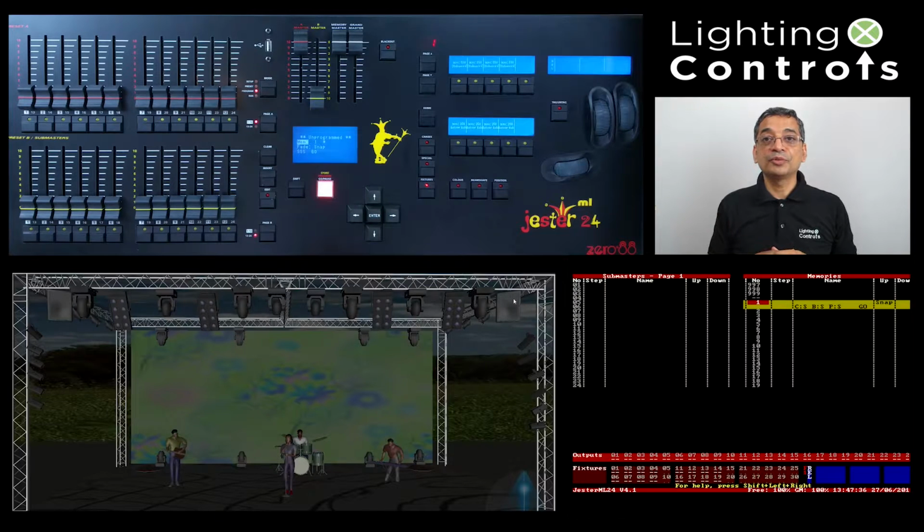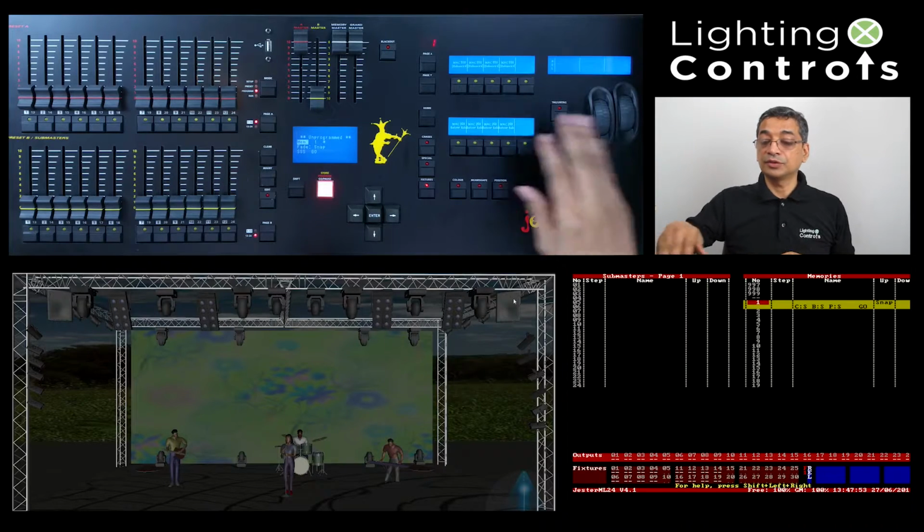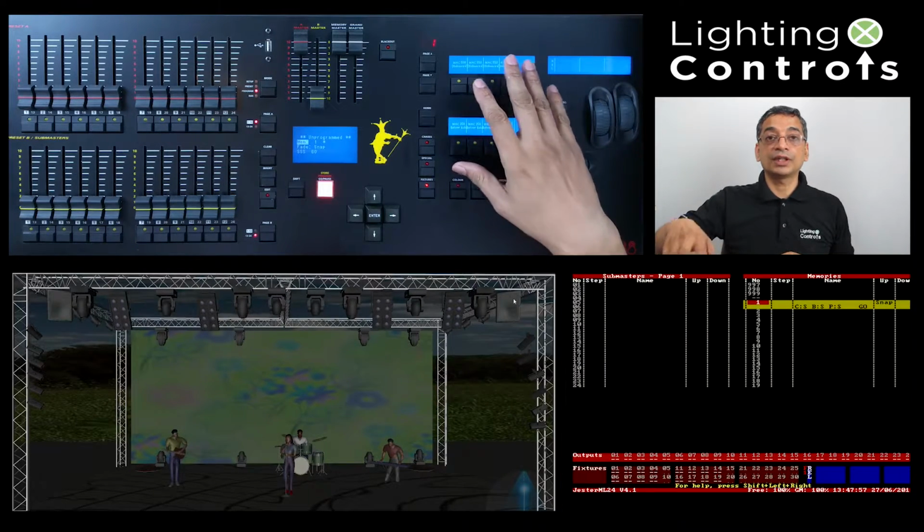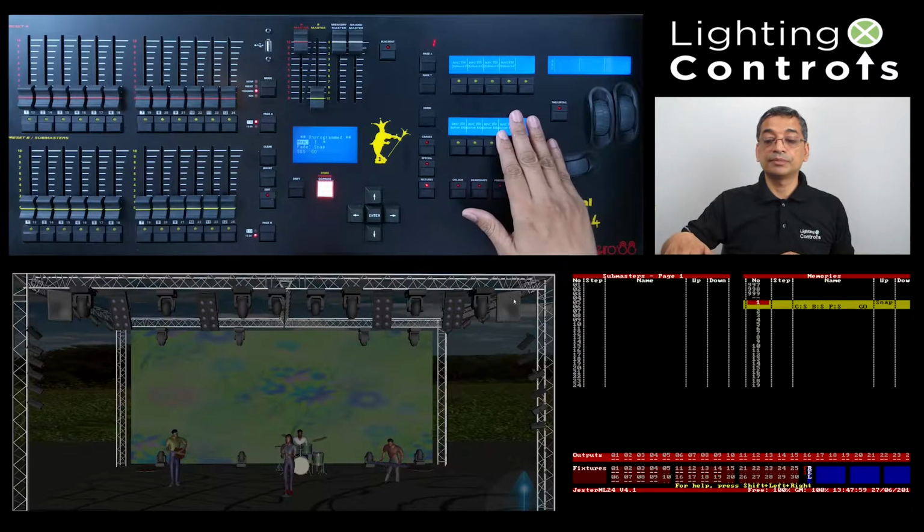Hi there, I'm going to talk to you about how to program color palettes. Color palettes are used so that you could program your fixtures fast. So when you have a color palette, you can choose the colors immediately rather than scrolling your wheels here. So you have the palettes here, so you can actually start programming all your colors into these palette